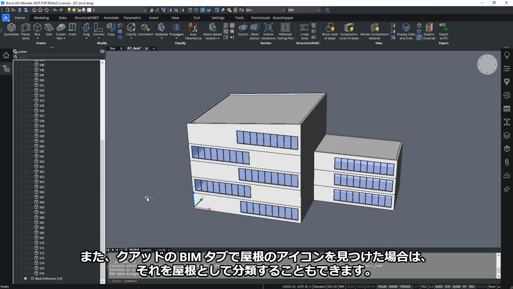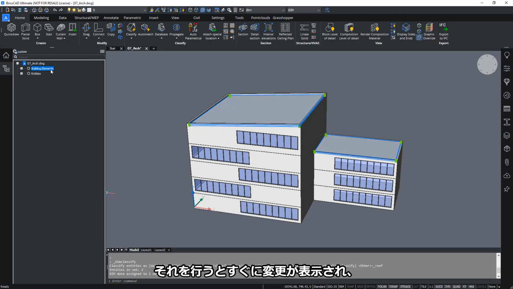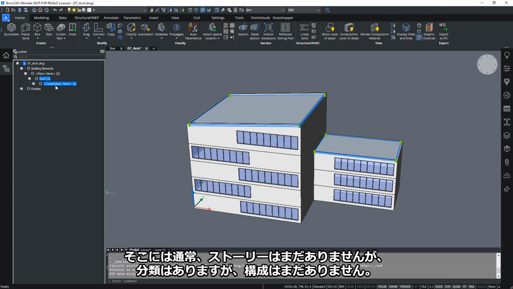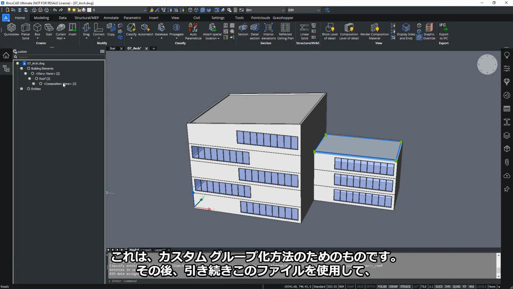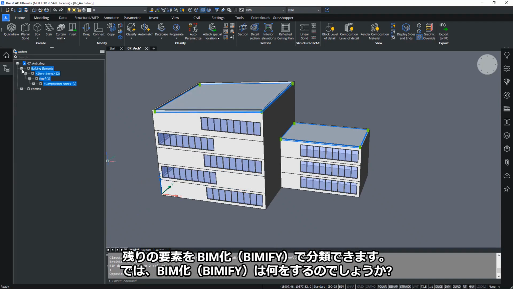Then, as soon as we did that, you will see a change: a building elements category in the custom CST structure panel came up, and there you will see two elements which don't have a story yet, but which do have a classification. They don't have a composition yet, and that's for the custom grouping way. Then we can still continue in this file, and we can now classify the rest of the elements